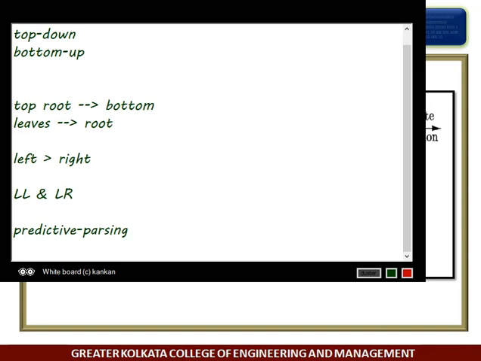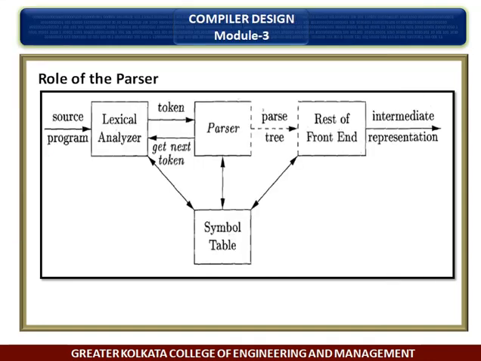In practice, there are a number of tasks that might be conducted during parsing, such as collecting information about various tokens into the symbol table, performing type checking and other kinds of semantic analysis, and generating intermediate code.